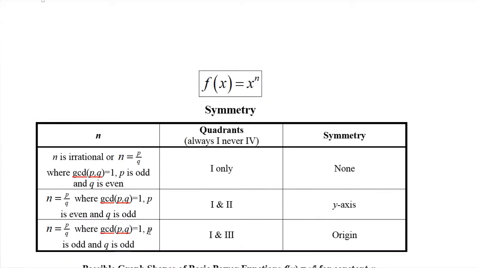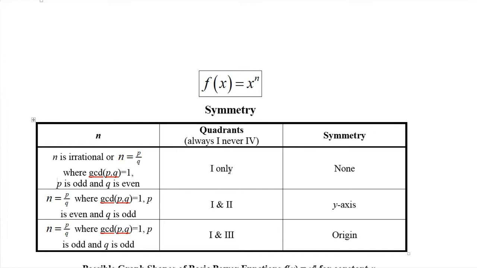Okay, the next thing we want to look at is we're going to summarize what happens in the other quadrants. You have some interesting things going on here. If n is an irrational number or it's a rational number of the form p over q where it's reduced, where the greatest common divisor of the numerator and denominator is 1, it's a reduced fraction, and p is odd and q is even, so odd over even, we're taking an odd power and then an even root,